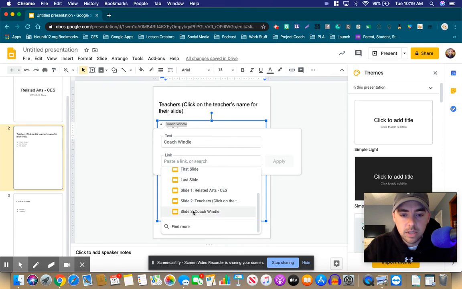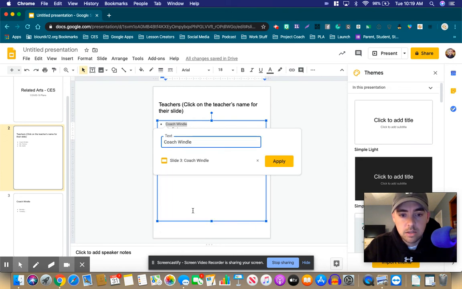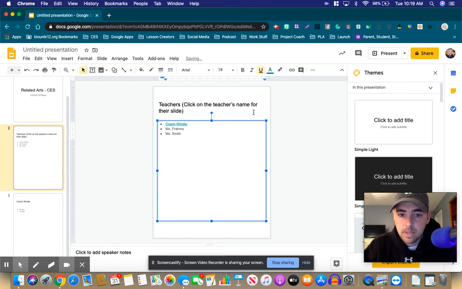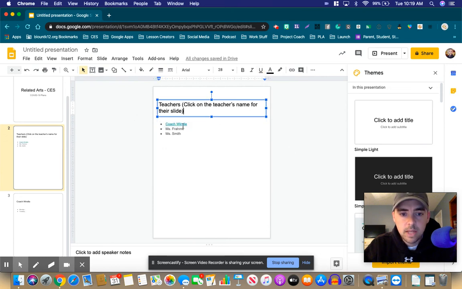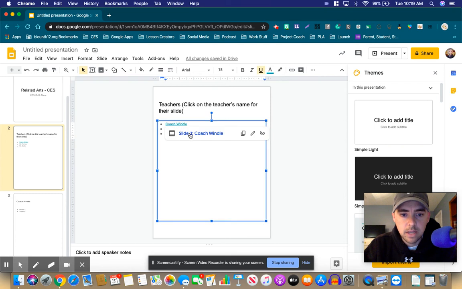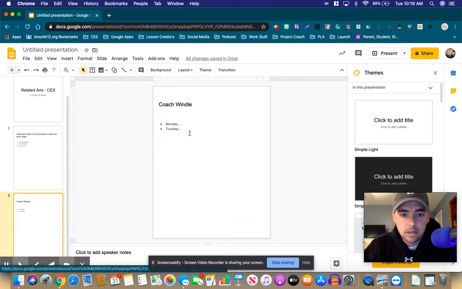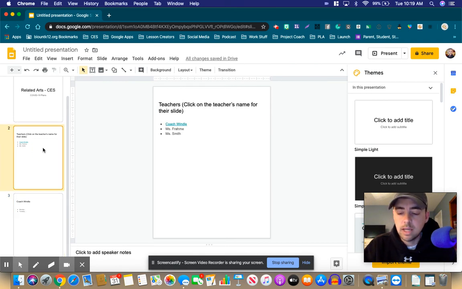So obviously, if a parent clicks on Coach Wendell's name, we want that to take them to Coach Wendell's slide. So you'll apply that link. And then when somebody's navigating through here and they click on Coach Wendell's name, it will take them directly to Coach Wendell's slide. And so that's just an easy trick to help parents keep up with what slide they're looking at,